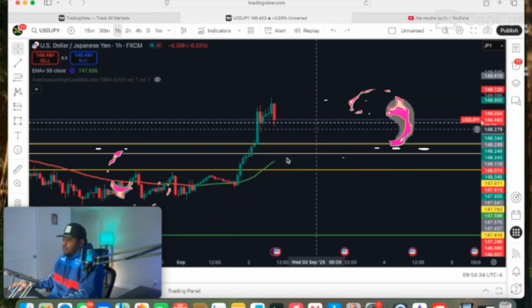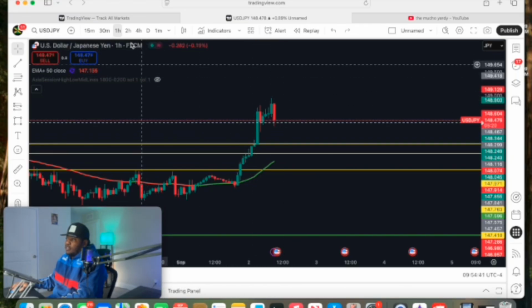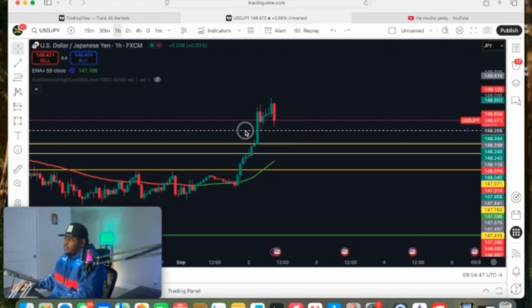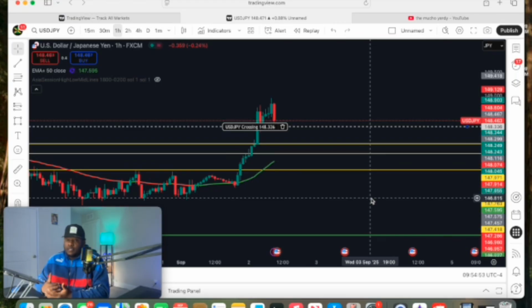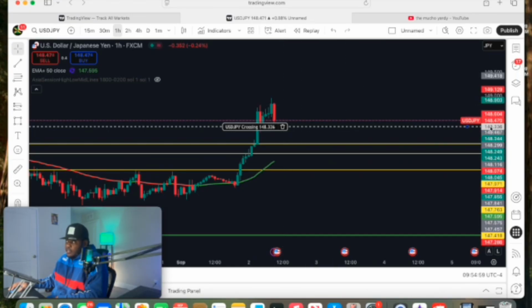The pair we have on the screen is UJ, US dollar, Japanese yen. We're on the 1 hour time chart. This dotted line right here is an alert, which is like an alarm. So if one of the candles, or the price, proper term is the price, which is here on the right,